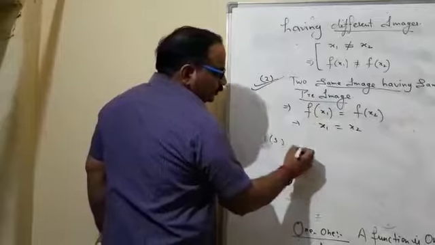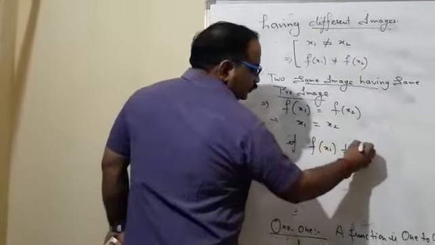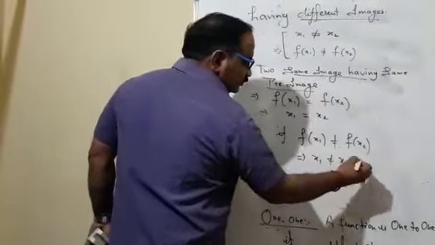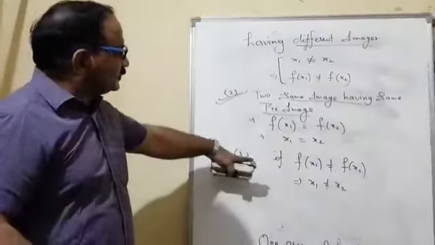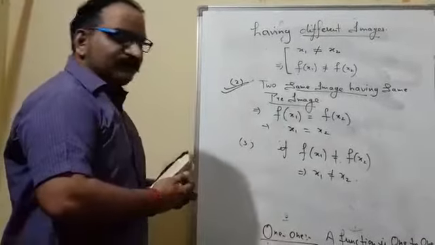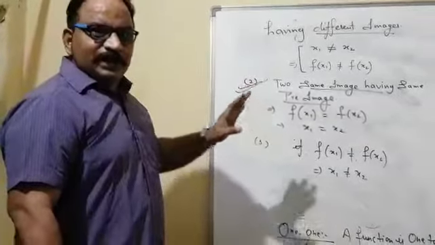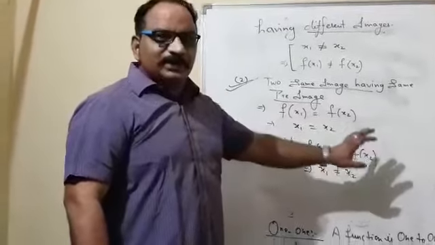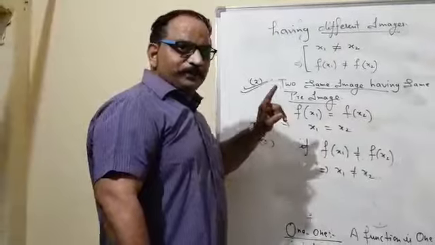And the third one, we can also say if f(x1) is not equal to f(x2), similarly x1 is not equal to x2. In some cases, in some extensions, we also have this. So these are the things we have to prove whether the function is 1-1 or not. 1-1 means a clear-cut message: two different elements of the domain have different images in the codomain. If it happens, that defines a 1-1 function.